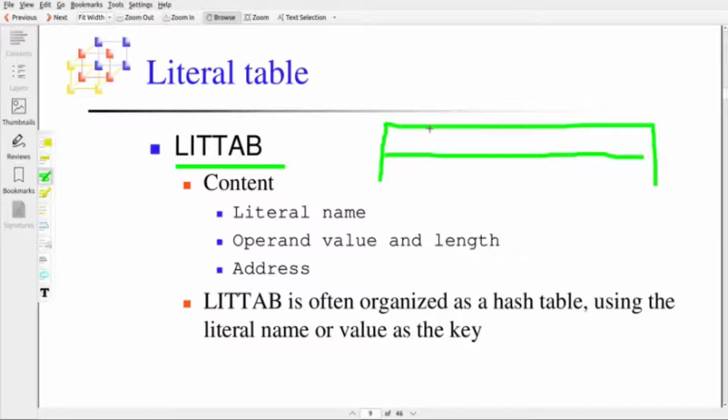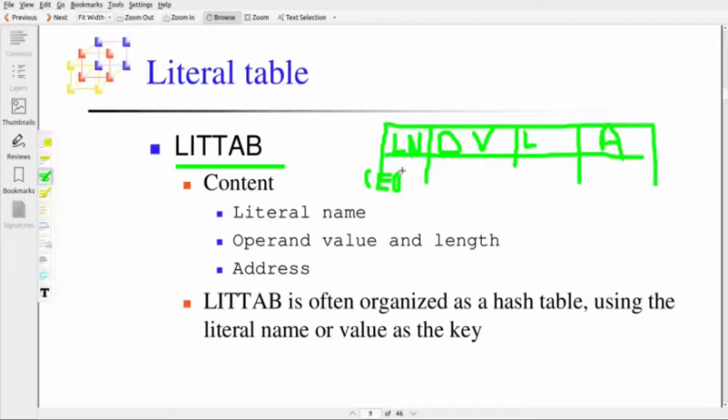The first field is the literal name. Then we will write the operand value, then the operand length, then the operand address. For example, the literal name C'EOF' is a literal name.